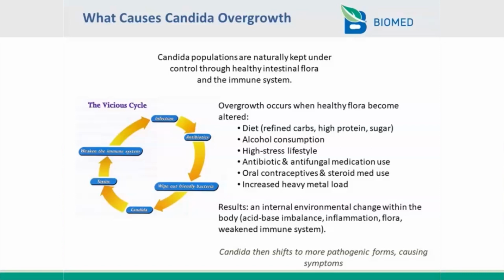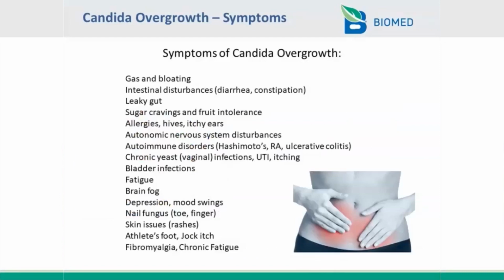Okay, so then types of symptoms. The list is not exhaustive. You can continue on and on with this list. And things we'll also talk about after: what are the practical things? So gas and bloating, intestinal disturbances. It could be diarrhea, constipation, irritable bowel, a leaky gut, foggy brain, brain fog, sugar cravings, fruit intolerance, allergies, hives, itchy ears, autonomic nervous system dysfunctions or disturbances, autoimmune conditions, especially Hashimoto's, ulcerative colitis, yeast, vaginal yeast infections, urinary tract